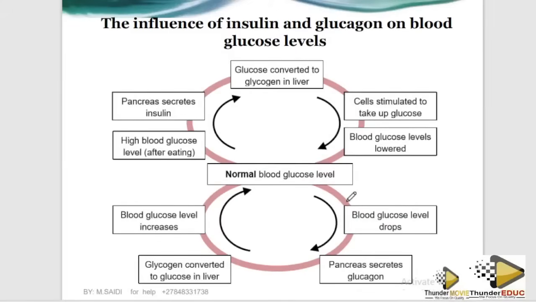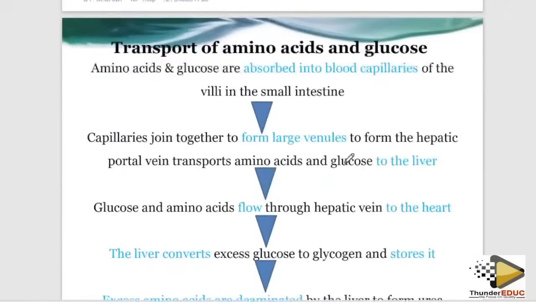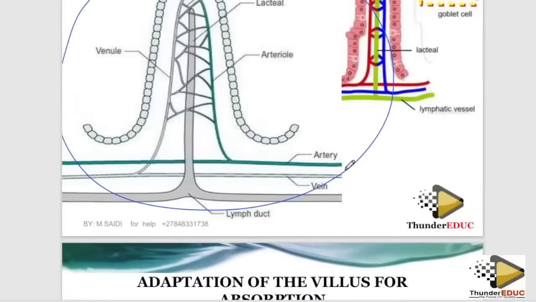Do you know why we bring it? It's because it's also grade 12 work. I'm not saying that it's coming, but if it doesn't come now, it will come tomorrow. So make sure that you go to the paper when you know the negative feedback mechanism of glucose. And then the structure of a villus plus this